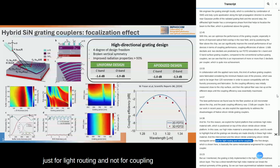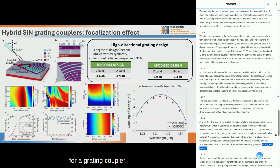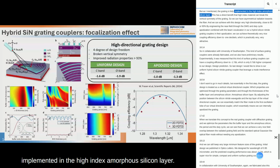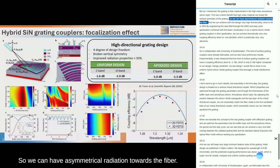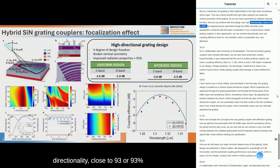coupling. In the first design, which is shown here, is basically the same metamaterial engineered focalized grating coupler, but as I mentioned, the grating is fully implemented in the high index amorphous silicon layer. This has a direct benefit that high index material can break the vertical symmetry of the grating, so we can have asymmetrical radiation towards the fiber, and we can achieve with this design very high directionality, close to